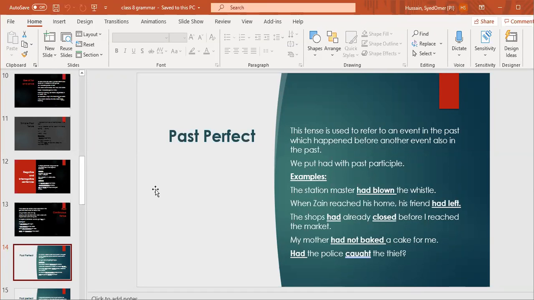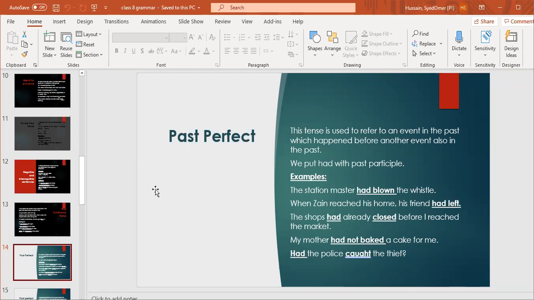Okay, if in one sentence we are using two verbs with past perfect, for example, if I say, before police came, the thief had run away. So one verb is had run, and the other is came, in the first part. So two verbs are being used. So if we are putting two verbs in one sentence, we need to put the simple past tense with